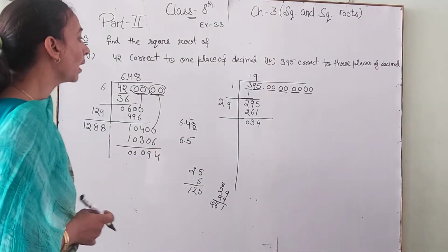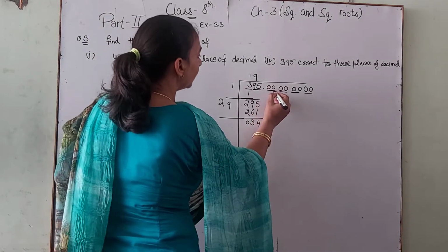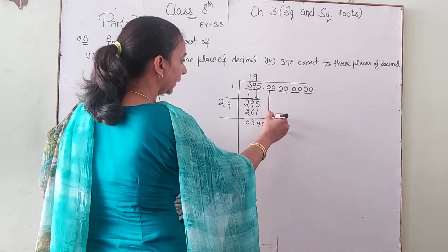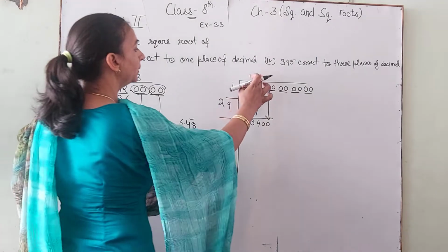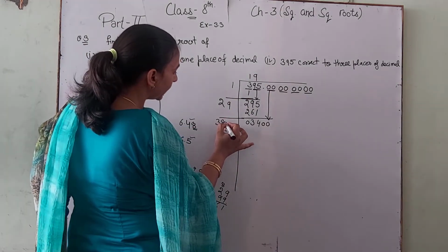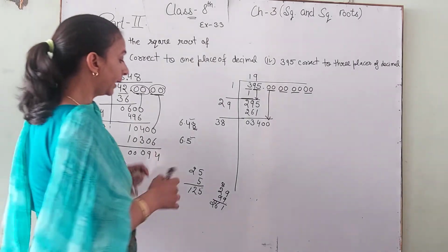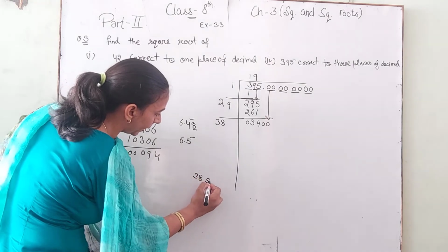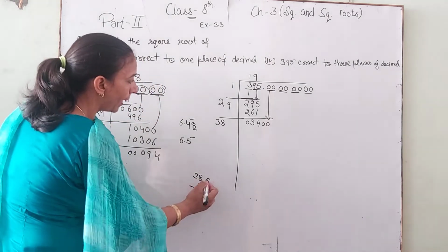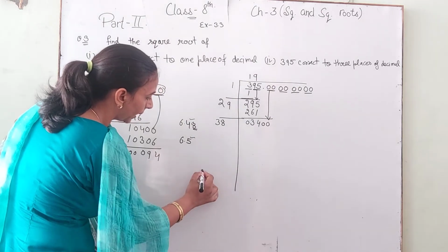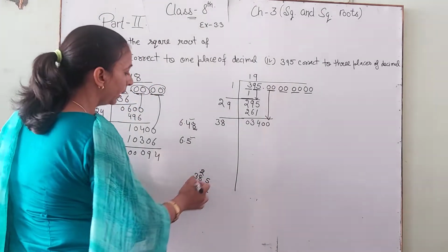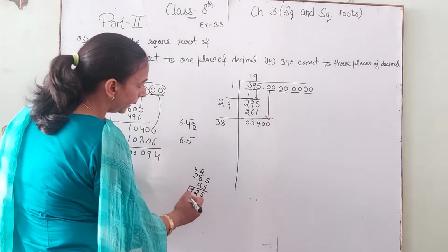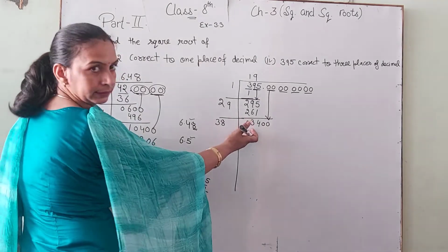Okay, next we take the next pair, that is 0 0. We take this pair, after that we take complete and this pair. Okay, and double of this 19 is 38. Okay, next we check in the middle 38, then 5. 5 5 is 25, 5 then 2, 8 5 is 40, 42, then 4 5 3 is 15, 15 and 4 is 19. Okay, this is less than 3400.